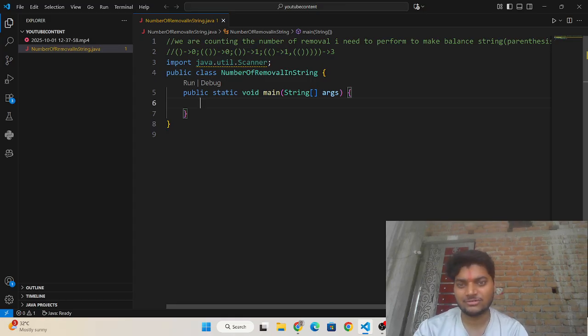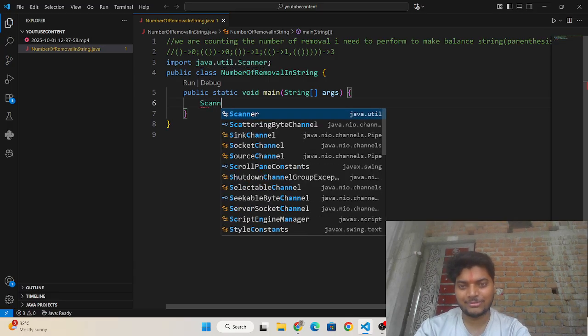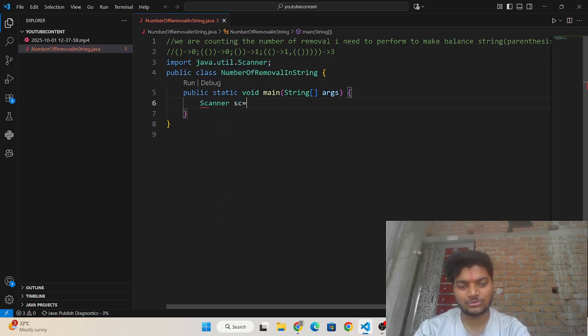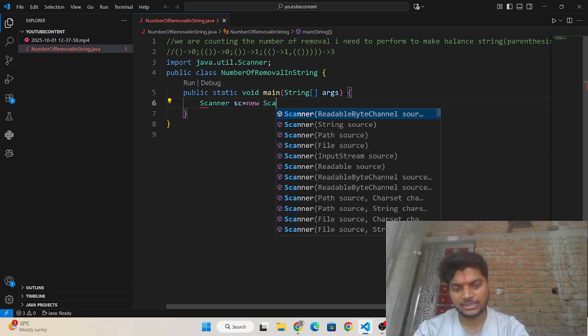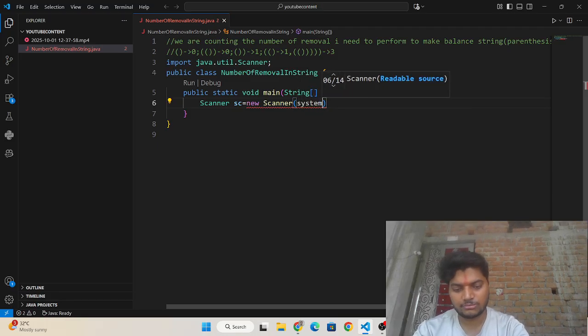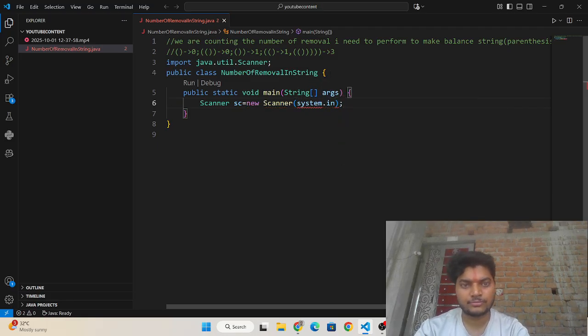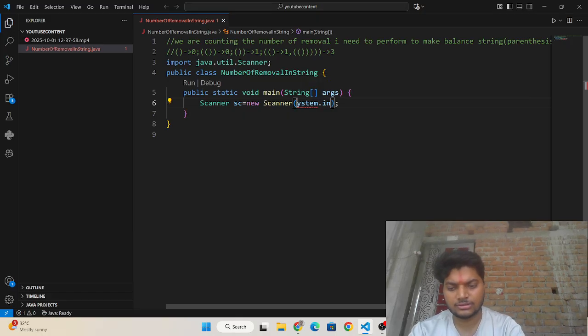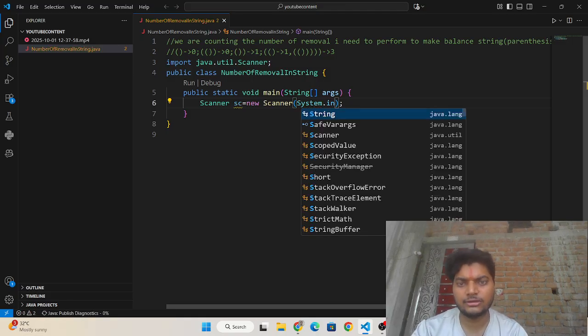Now I am going to make an object for the Scanner class, so I need to write new Scanner(System.in), and then dot.